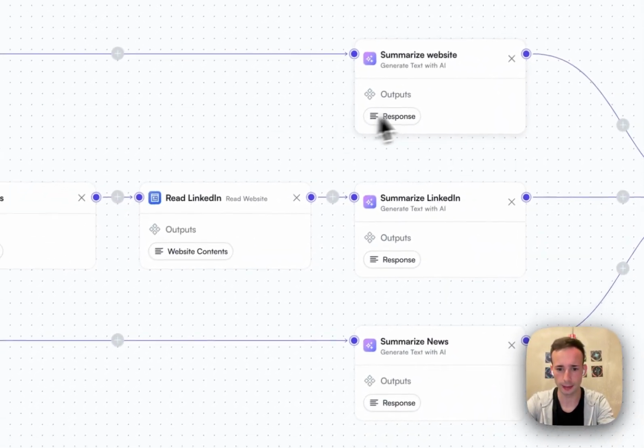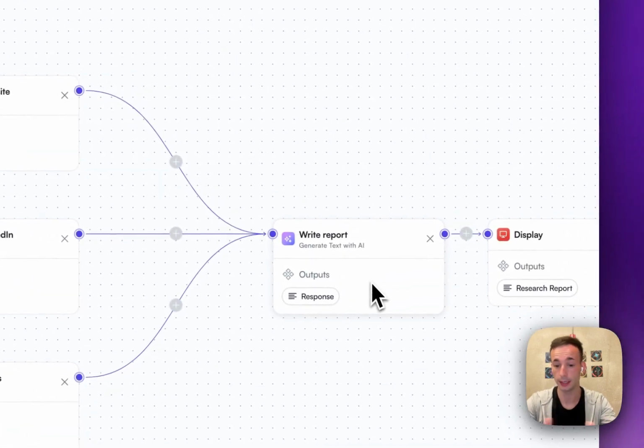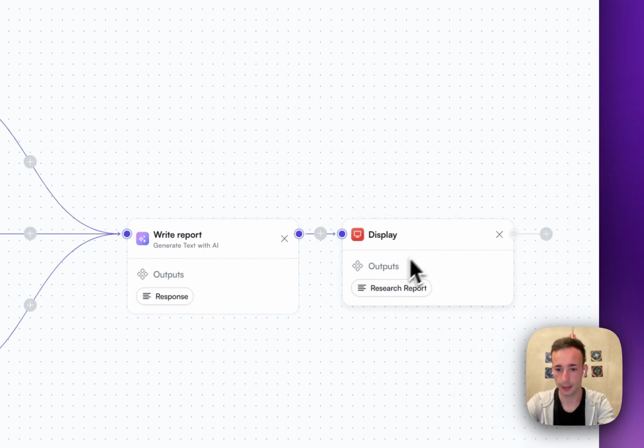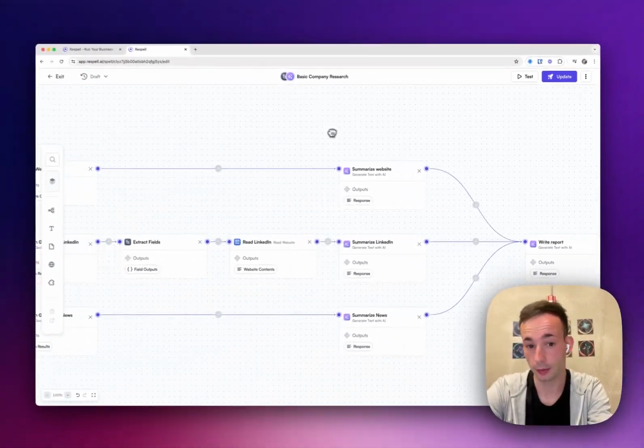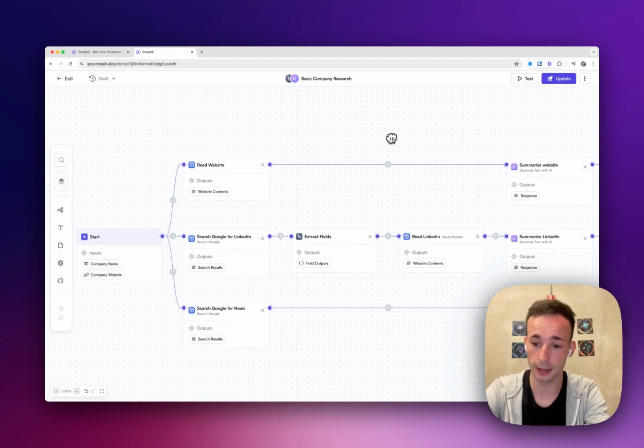And then at the end here, I'm summarizing each of those, and then summarizing, I guess, all of them together to write a research report. And then we're just going to display that back to us out here. So that's all there is to this spell. It took me about 10 minutes to build, which isn't bad,